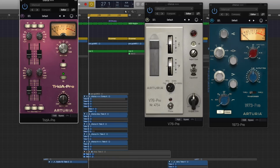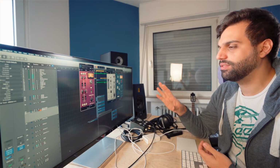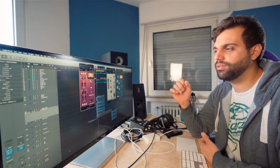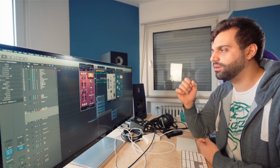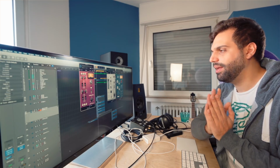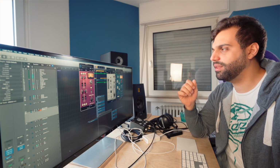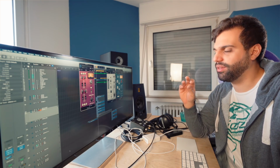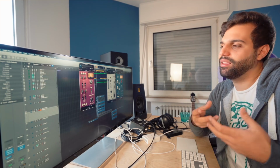Those 3, I mean, just by the look you already know which preamps they try to emulate. The settings are quite easy, not a whole lot of settings, because they are more about the coloring of a sound. That is what a preamp is most useful for. Yes, EQing and compression you can do with other plugins as well, but that coloring of a preamp is very hard to emulate. It really has to do with the character, boosting certain frequencies